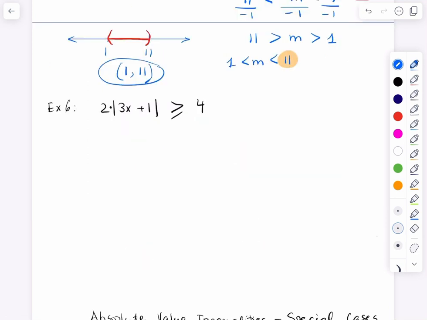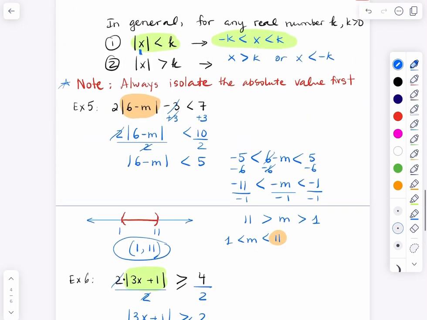Next, we have 2 times the absolute value of 3x plus 1 is greater than or equal to 4. So first, I want to isolate the absolute value. To do that, I need to get rid of the 2, so I will divide both sides by 2. Now, on the left, we are left with the absolute value of 3x plus 1 is greater than or equal to 2. Notice that we're dividing both sides by a positive number here, so we do not have to flip the inequality sign. This is the second scenario that we came up with earlier,